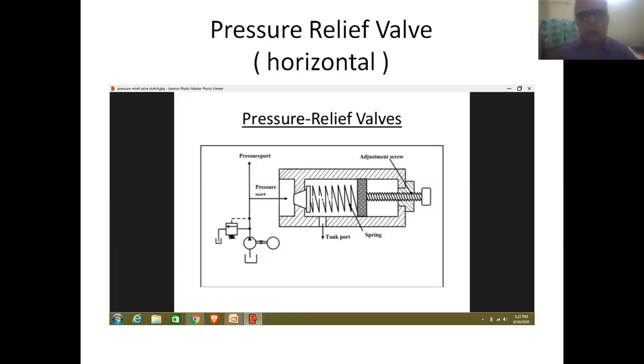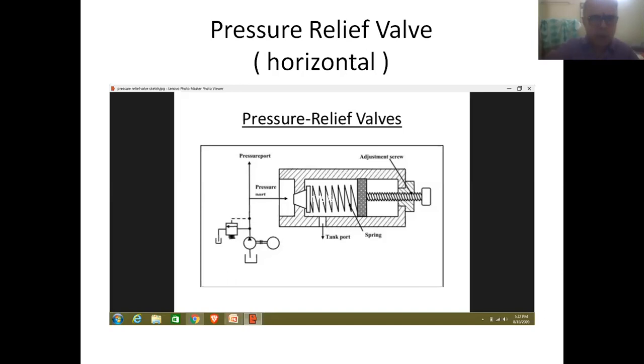And here, two ports are essential. Two ports are made inside the body of the valve. We can see one passage made in this region. This is called the inlet port of the pressure valve. Also, it is referred to as a pressure port. And secondly, one more passage is made in this region.